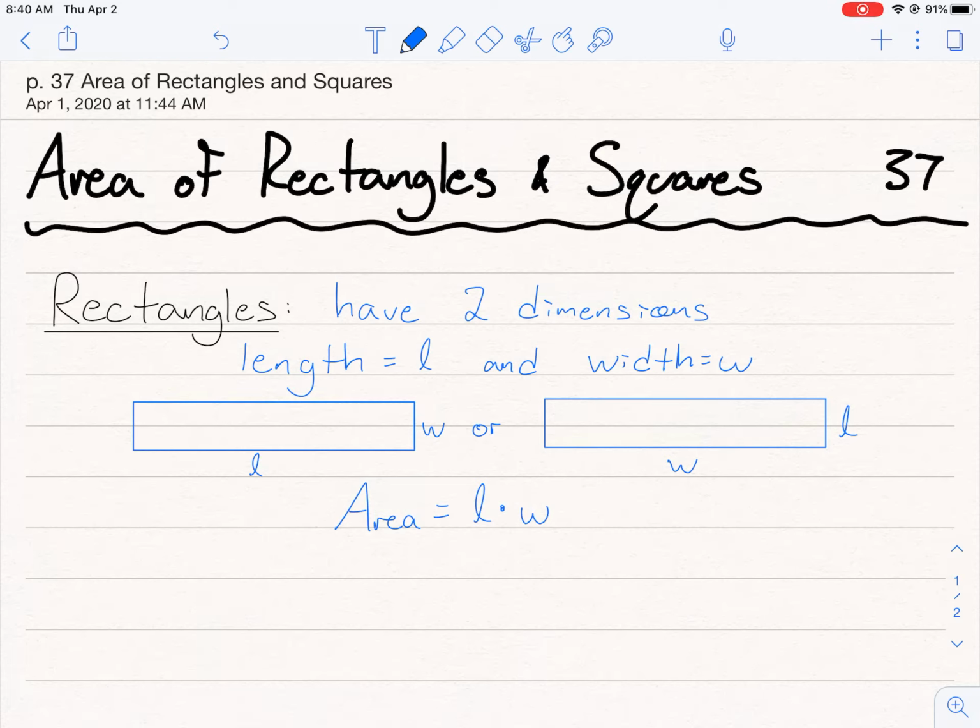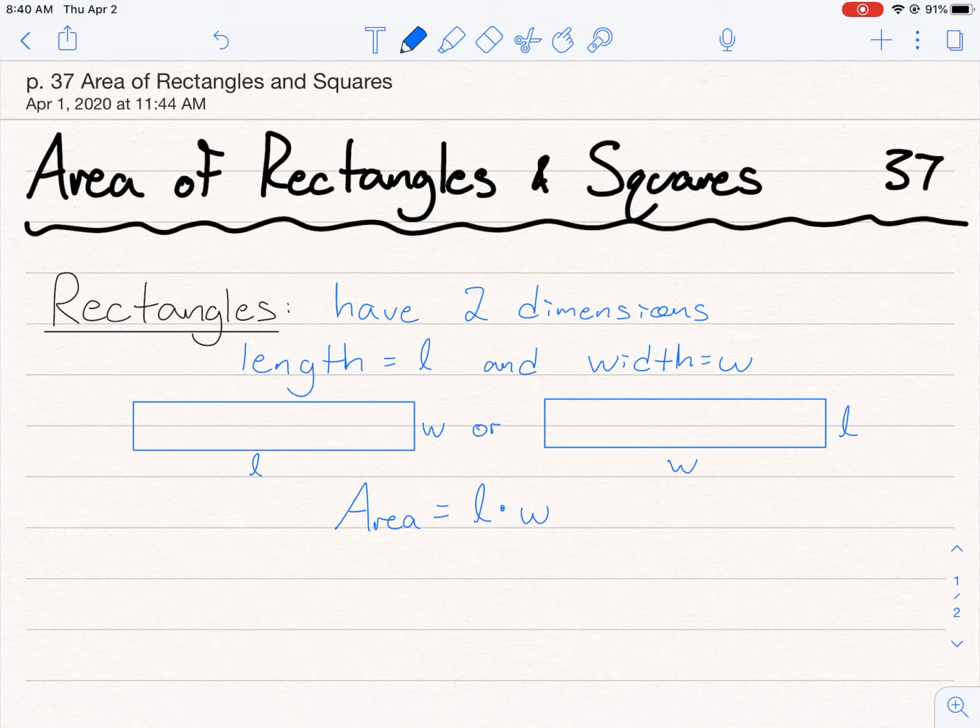Hey y'all, I wanted to start our next unit of notes here. So we're going to start jumping into rectangles and squares to begin with. Our next unit, we're going to be talking about area, surface area, and volume. But we have to understand the general practice of what is area first before we can really get into all